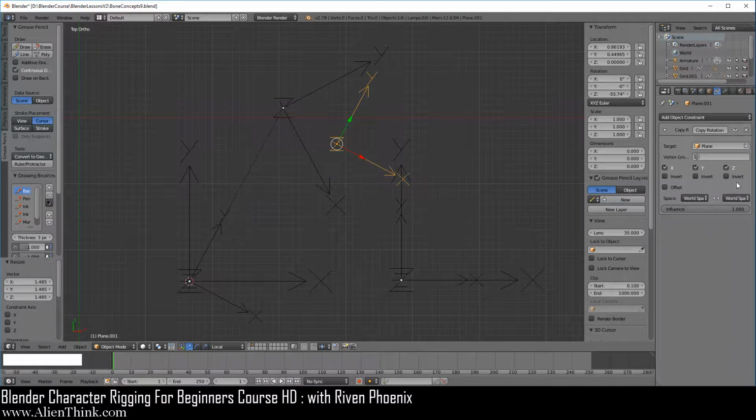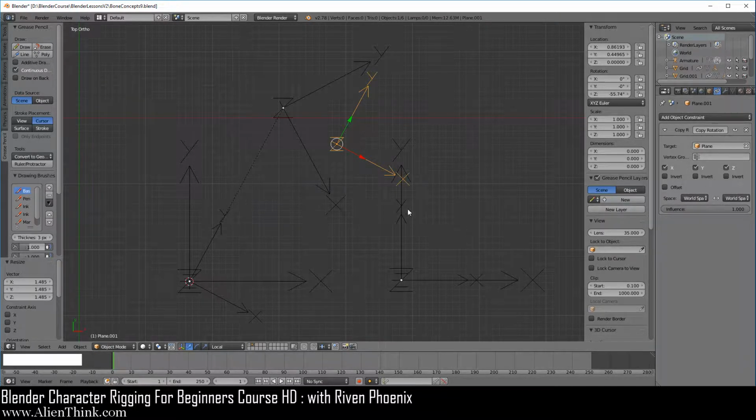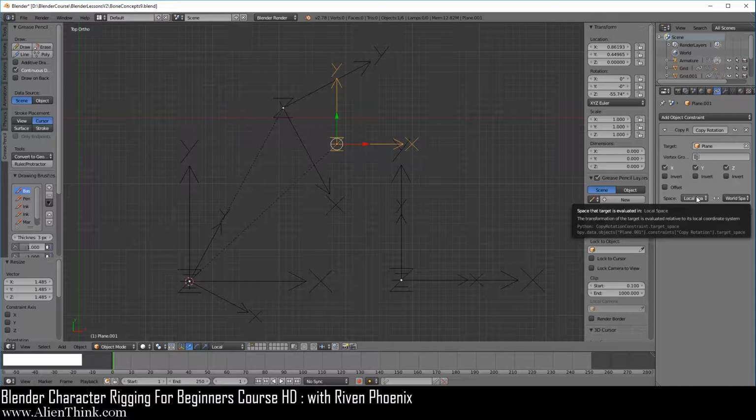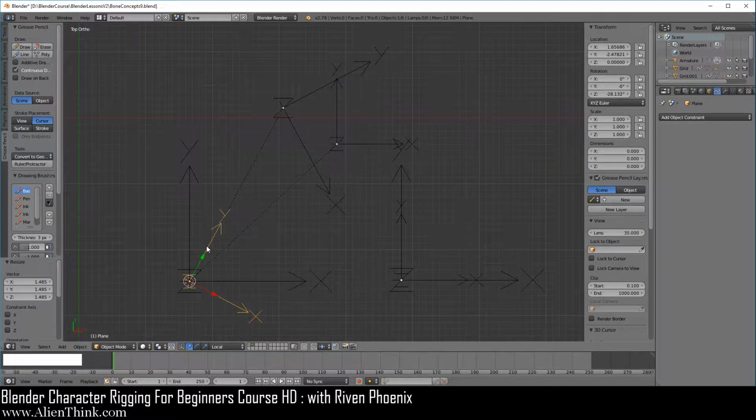Now here what we're going to do is going to start to get very tricky to comprehend. Here we're going to tell the parent, which only knows how to operate in world space, to operate in local space. Now you'll see what happens to the child. Let's first understand what's going on with the parent. We've already seen that when we are working with an object that has no parent and look at it in local space, Blender is simply going to take the axis that is being displayed on the object itself and make that its local coordinate system.